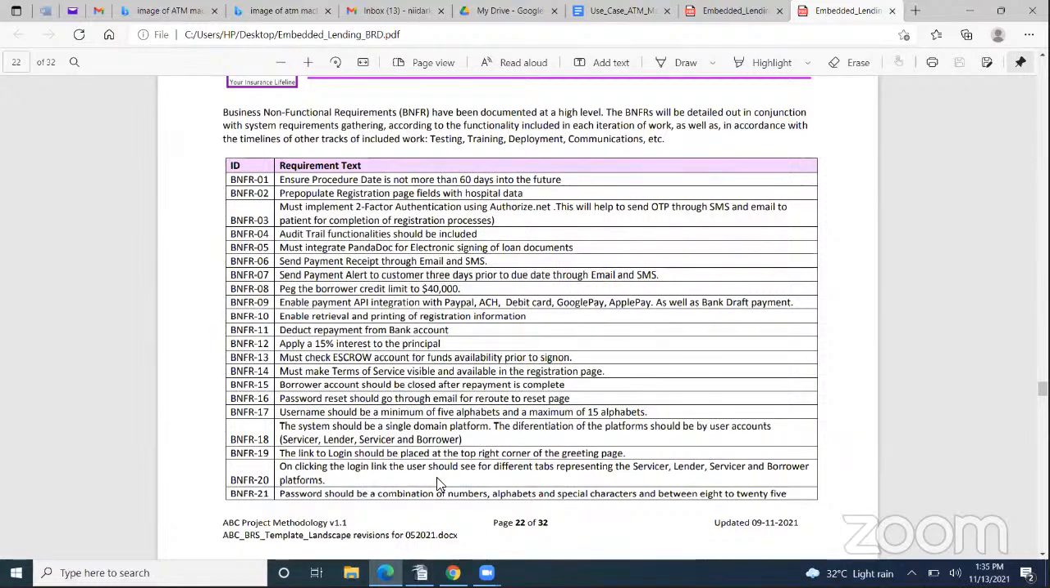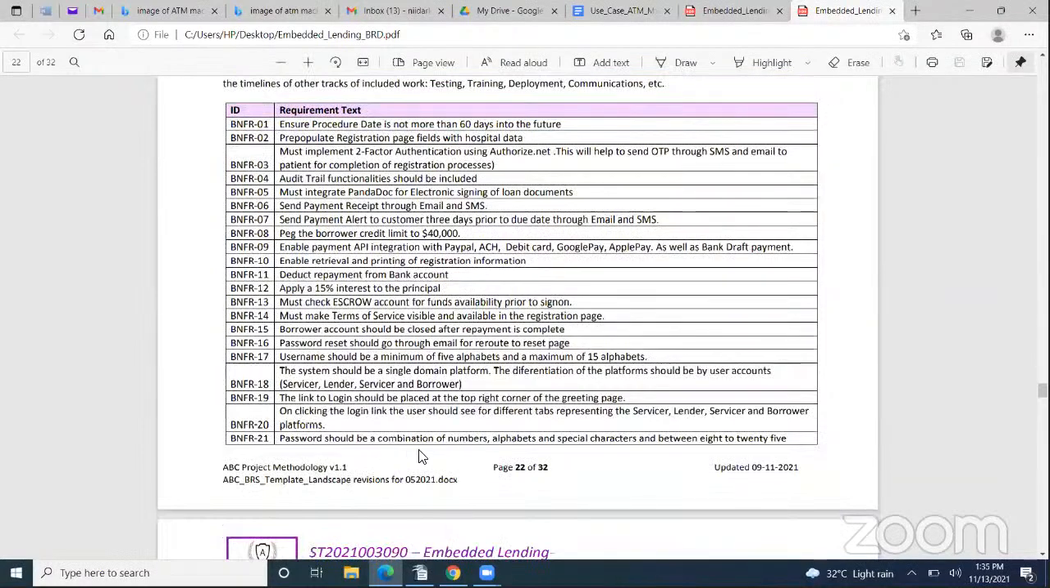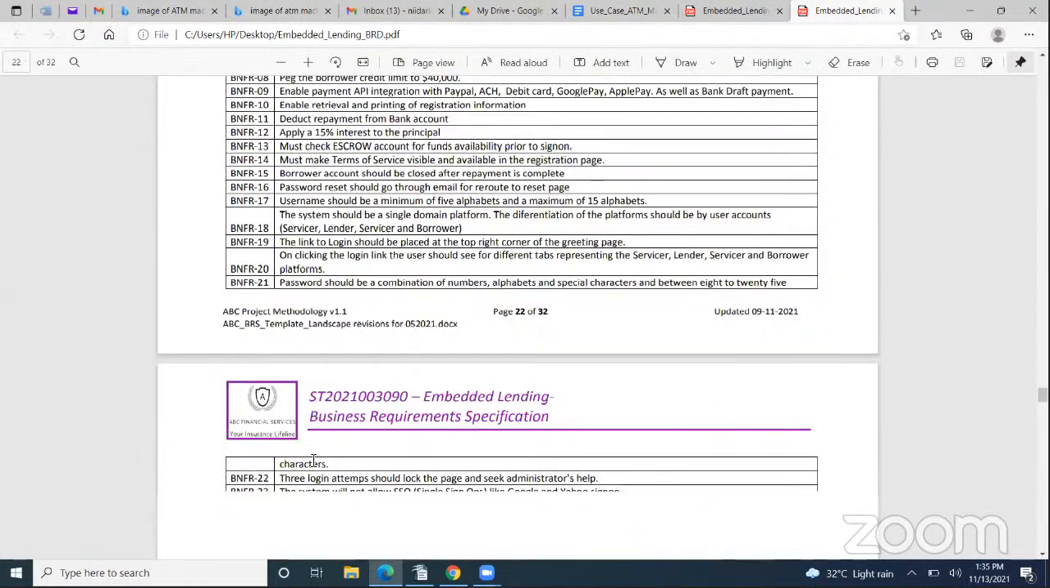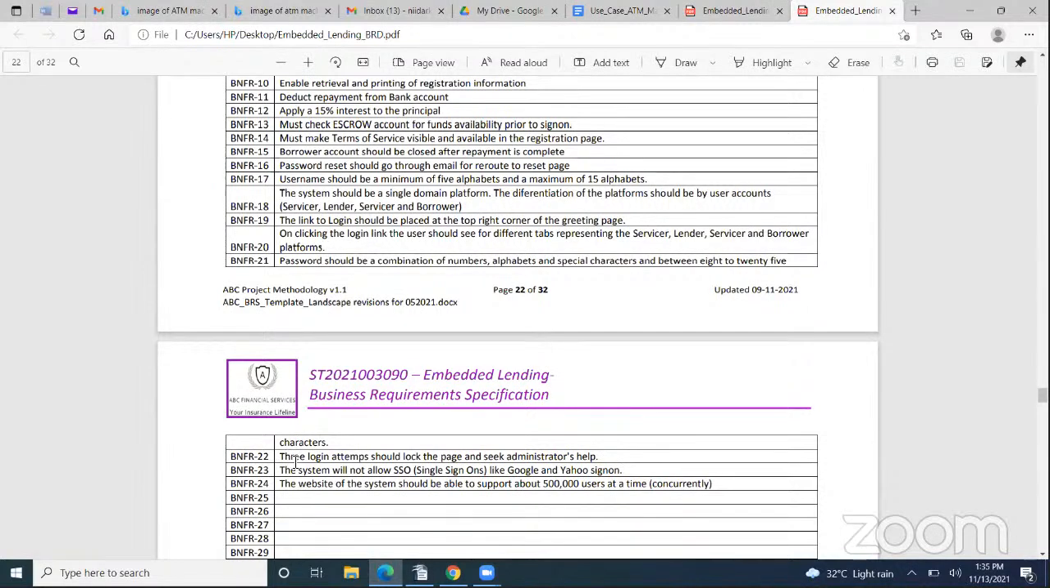Then next, on clicking on the login, the user should see different tabs representing the login app. Touched on this already up here. Then the next item will be the password should be a combination of numbers, alphabets, and special characters, and must be between 8 to 25 characters. Another non-functional requirement will be the 3 login attempts should lock the page and seek